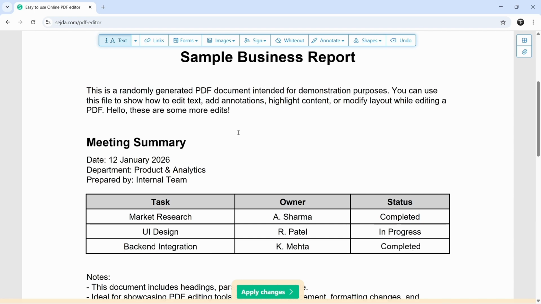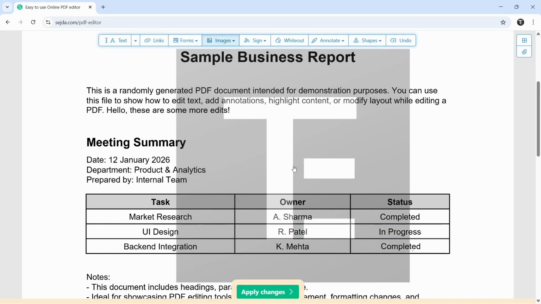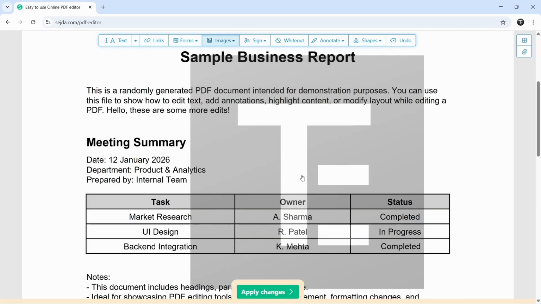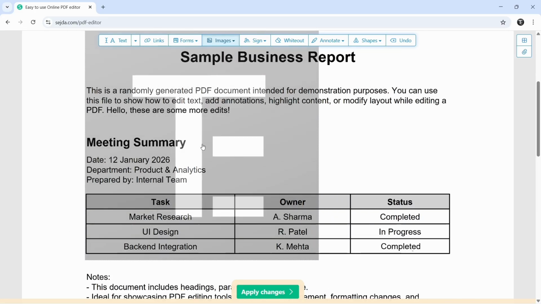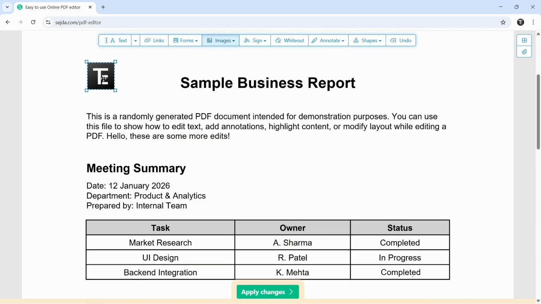It's really simple. Each text is a text box that you can edit, and then you can just drag it to move it around. Now I'll show you some more edits you can do, like adding images, your signature, or whiteout, which is basically erasing something from here. So first, coming to images, if you click on this, you can just add a new image. So I'll do that. So here I've added my logo, and let's say I want to put it on the top left. I can just paste it here, then resize it,